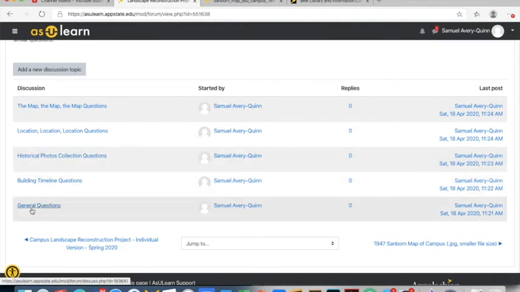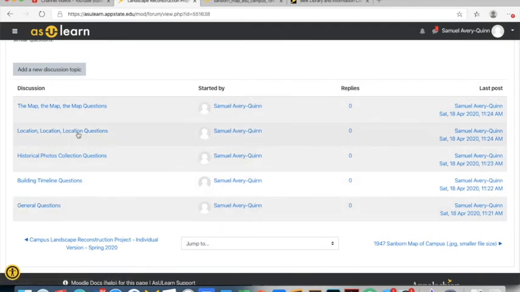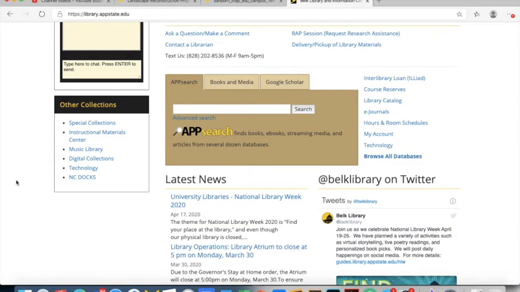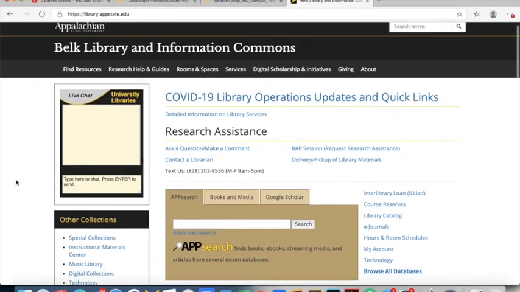And any other questions you may have, if they don't fit one of these 4 categories, feel free to post them in general questions. A reminder, and a little bit more of an in-depth look, we go to the Belk